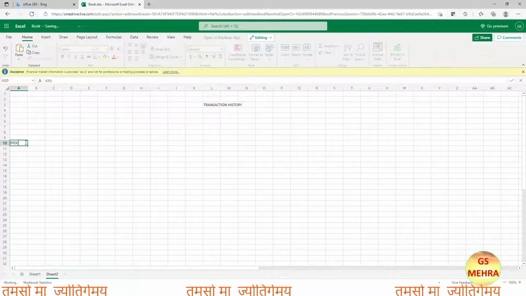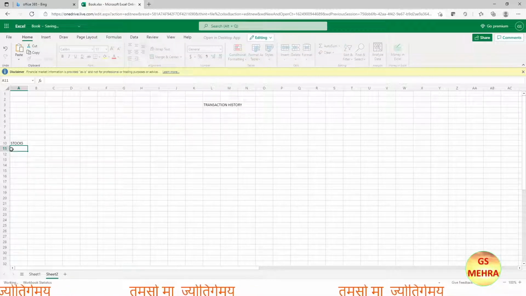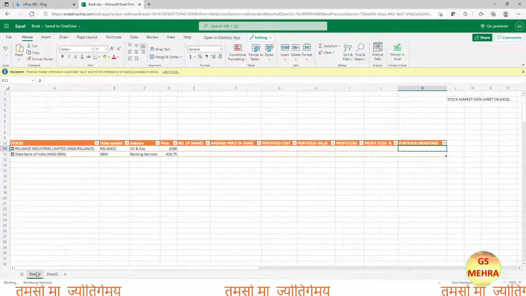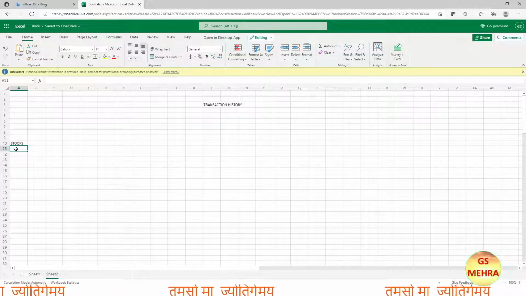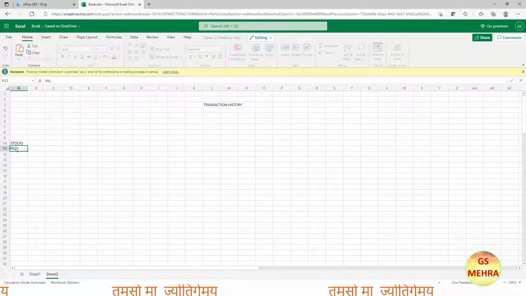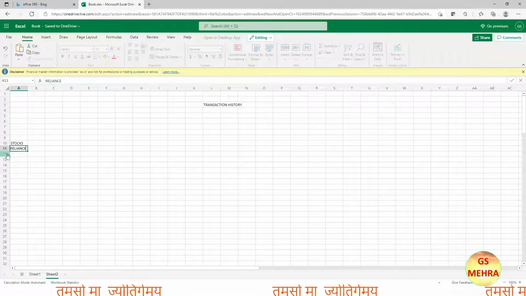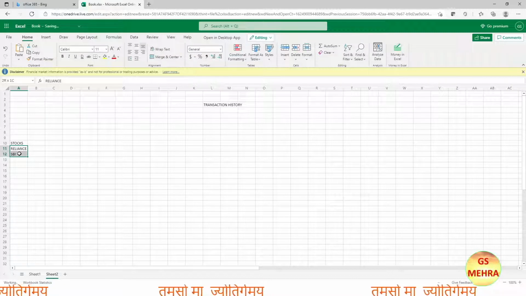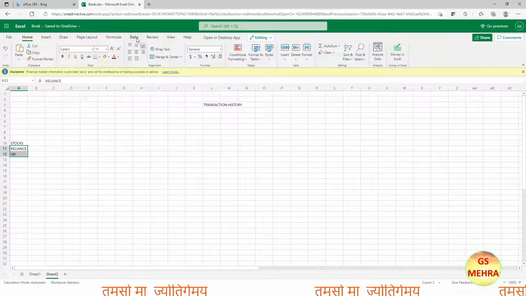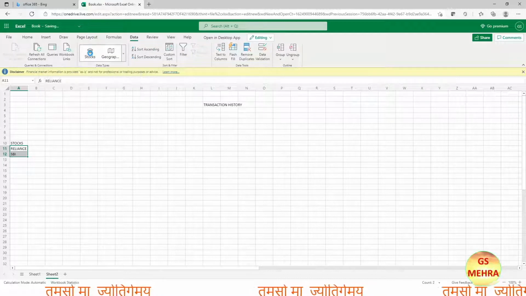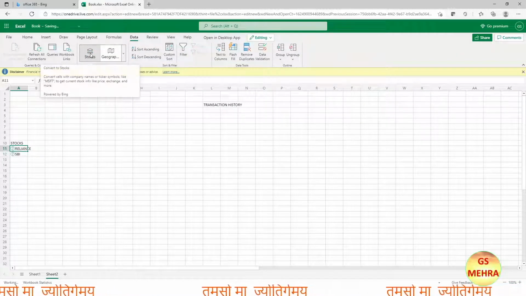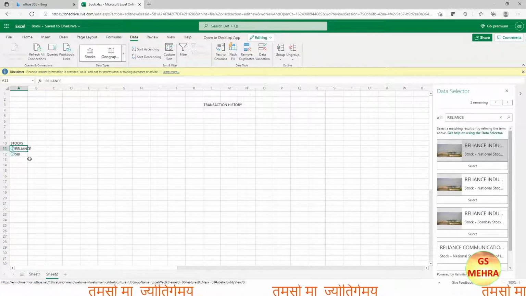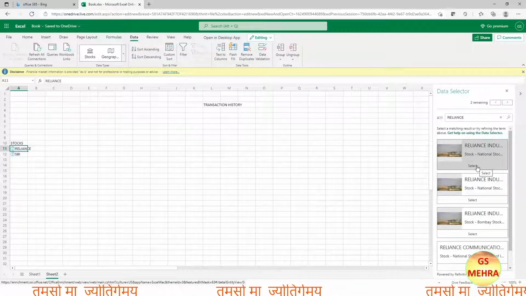So first we'll write stocks, and first of all let's go back to sheet 1 and see what we have purchased. Reliance Industries. So we'll write here Reliance Industries. Then next we'll write SBI, State Bank of India. Selecting both of them, then going to data, clicking on stocks, and it has been converted into stocks. Now there is a question mark because it doesn't know from where we want to purchase. We want to purchase it from National Stock Exchange, so we'll click on National Stock Exchange.